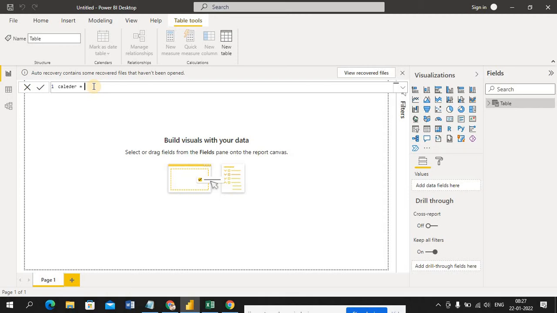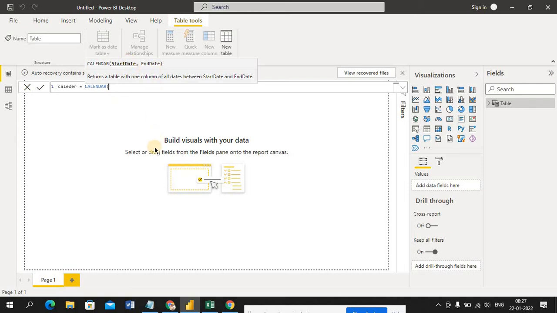Okay, so now in that calendar I'm going to create a date. Okay, so just give CALENDAR. You can see here calendar, start date, end date. So it's showing the format. Okay, from which date to which date you want. I want 2 years of data, like continuous 2 years of dates calendar I want. Okay, it's asking start date, end date. What is the start date?